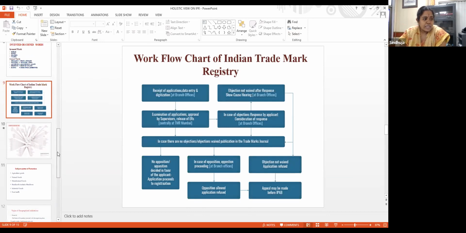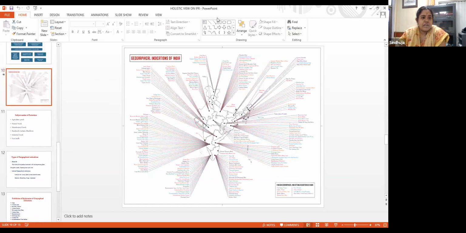Just like the trademark, we have other things. Similar to trademark, there is one more branding of certain products called geographical indications. What is the difference between them? Just like I said, patents and designs go hand in hand, and here also trademarks and geographical indications are very similar, because both are branding. The only difference is that anyone can have a trademark, but a geographical indication is given not to an individual person, but to a group of authorized users who are affiliated to that particular community.